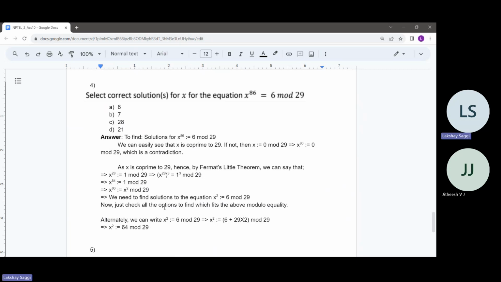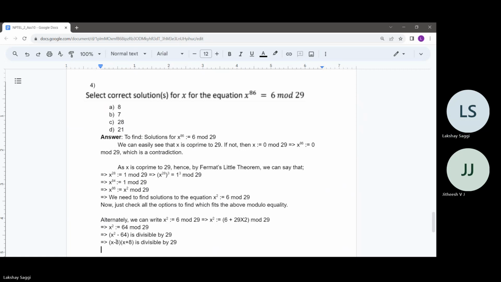And why did I do this? Why did I arrive at 64? What's the problem with 6? Now note that 64 is a perfect square. I can write it as 8 square. And how will this benefit me? You can just see that by this, I can write that x square minus 64 is divisible by 29. So I need to find all x such that x square minus 64 is divisible by 29. And this is x square minus 8 square, which will be a minus b times a plus b, which is x minus 8 times x plus 8